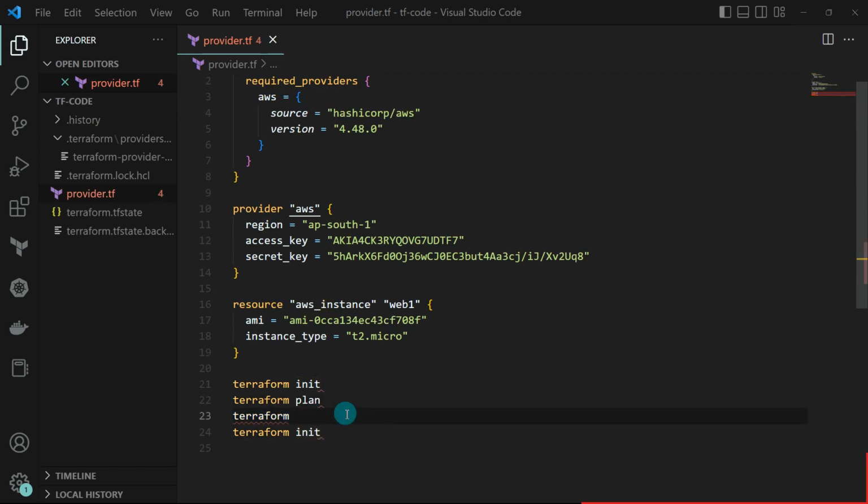Plan is just to give you a brief idea what it is going to create. Then we have seen Terraform apply. Apply is nothing but whatever things we have written over here, those things will get applied and infrastructure will get created. And destroy is nothing but whatever apply created, all those things will get destroyed. Okay,